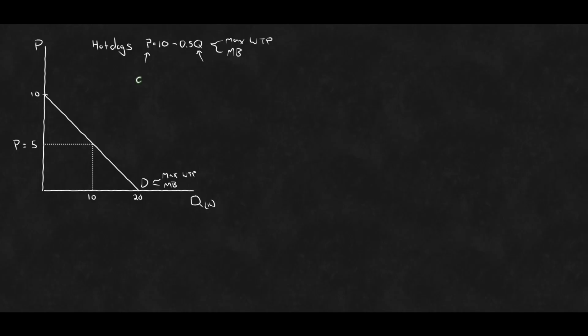So we would get something like 0.5q equals 10 minus p. Continue to isolate q altogether, so divide both sides by 0.5, and we would get q equals 20 minus 2p. This would be our demand equation,